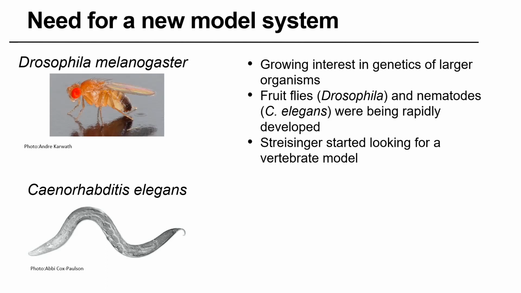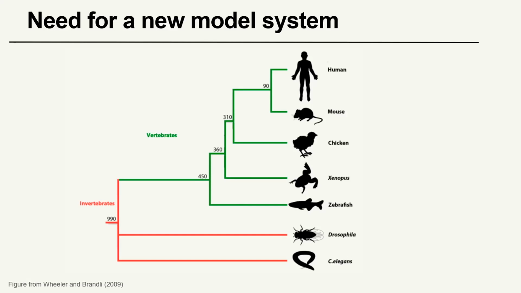But Streisinger saw a need for a vertebrate model organism. His reasoning was that invertebrates and vertebrates had diverged quite a long time ago. So this is a phylogeny, a family tree for animals, showing the common ancestor of invertebrates and vertebrates 990 million years ago. And C. elegans and Drosophila branch off. It's not until 450 million years ago that you see the divergence of fishes from tetrapods and other vertebrates. So what he was looking for was a vertebrate model organism where it was possible to apply these genetic techniques,